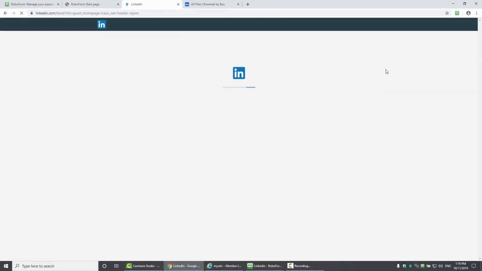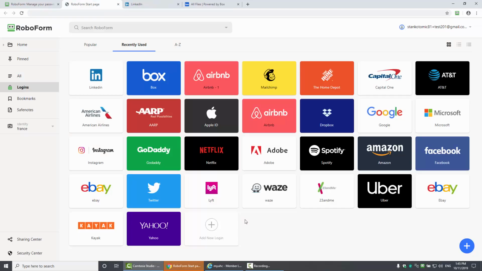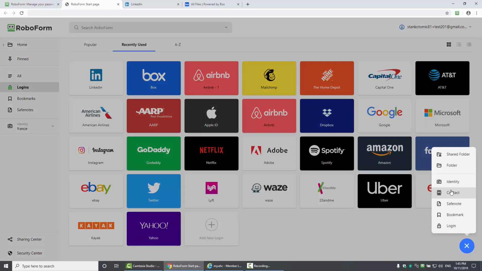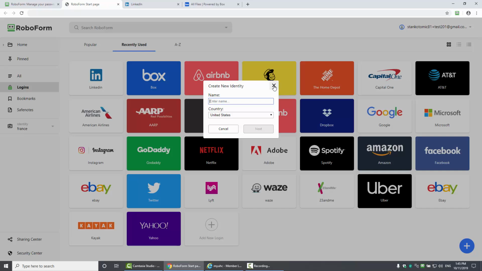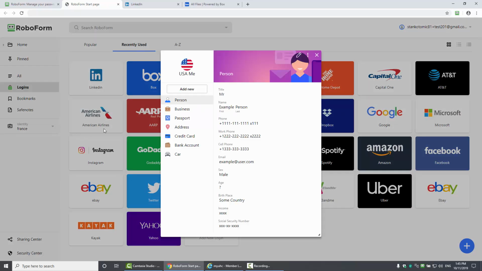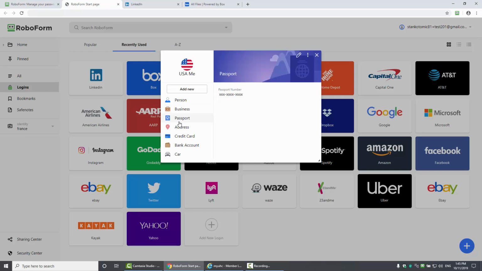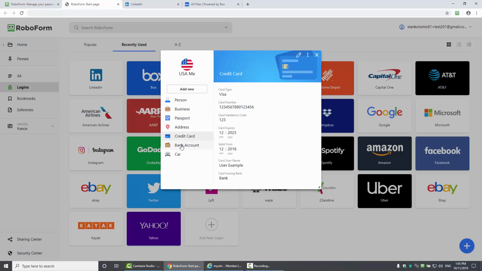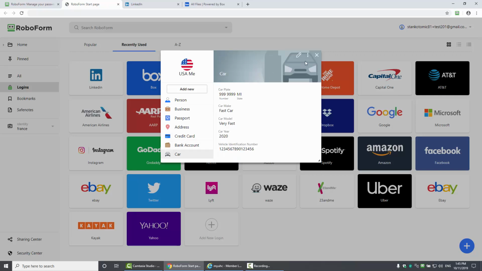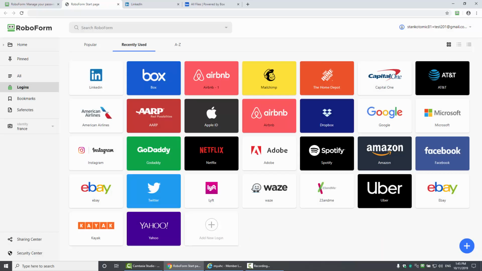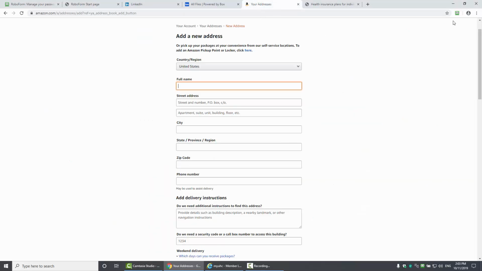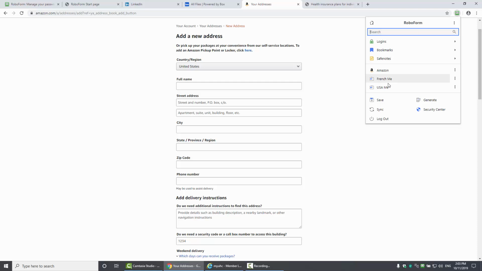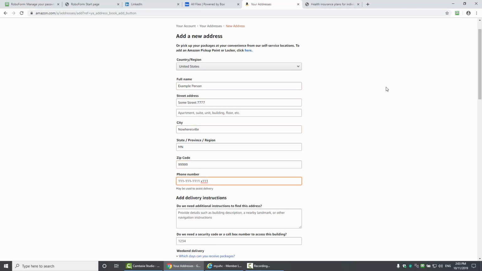In addition to logins, RoboForm offers the creation of RoboForm files called identities. Just as any other RoboForm file type, the new identity can be created from the New File Creation menu in the RoboForm start page. RoboForm identities can store names, addresses, phone numbers, and business-related information for you, your employees, or your clients. Information stored in RoboForm identities can be automatically generated in the web-based or local form with just one click. To demonstrate, I'll use my identity to fill out an Amazon shipping label. All I have to do is select my identity from the web extension, and RoboForm fills it in for me.